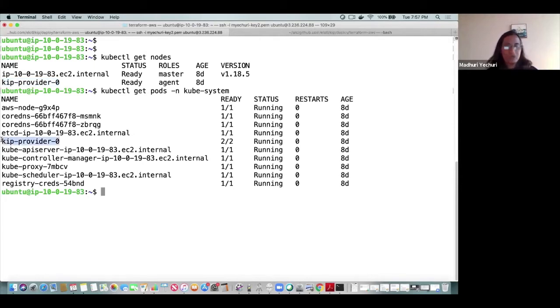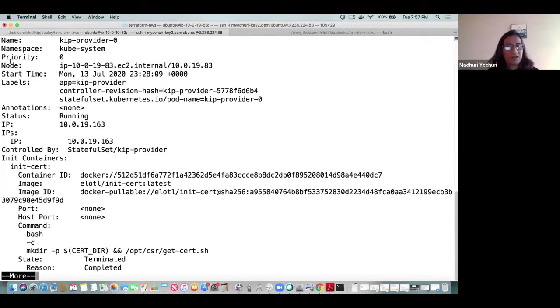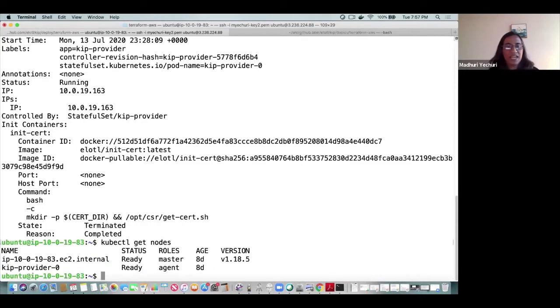And if we look at describe pod on the KIP pod, we see that the pod is scheduled on the master node. So it's simply a pod that is running on the master node, and the pod is advertising itself as a worker node.